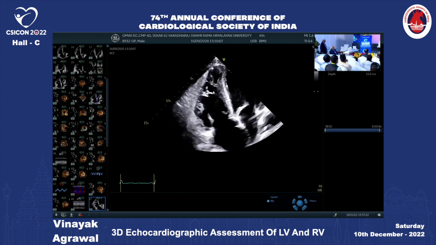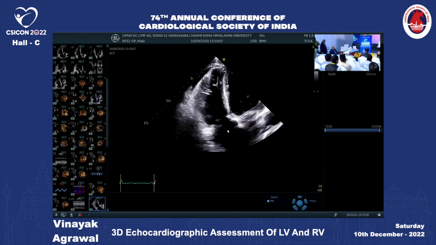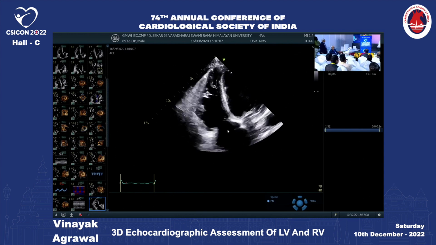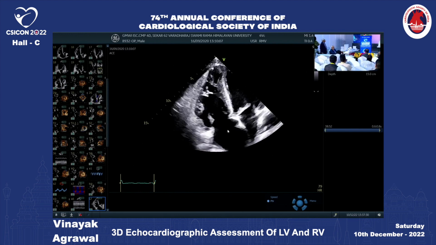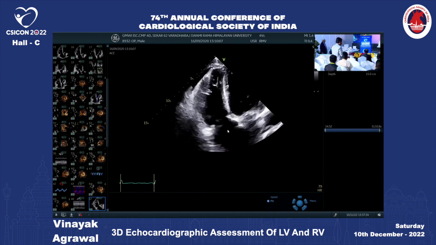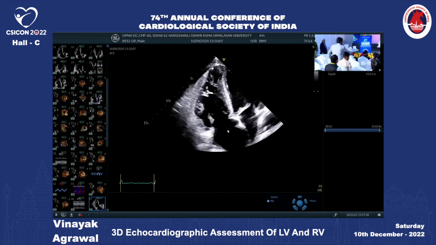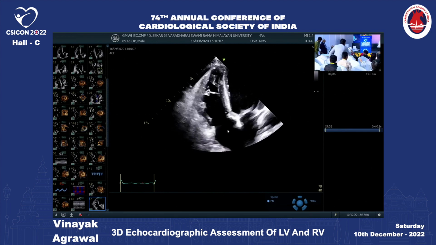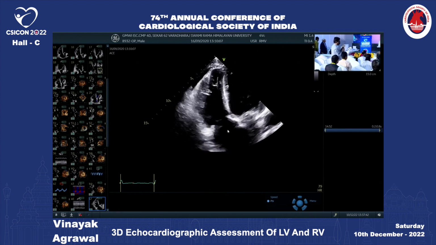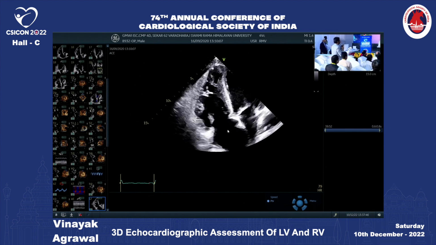You will get this curved RV focused view. For each structure, if you want to do volumes and strain, you have to do it in a focused view. So for LV focused view, the apex is clearly made out in the 4-chamber, 2-chamber and 3-chamber. For left atrium,